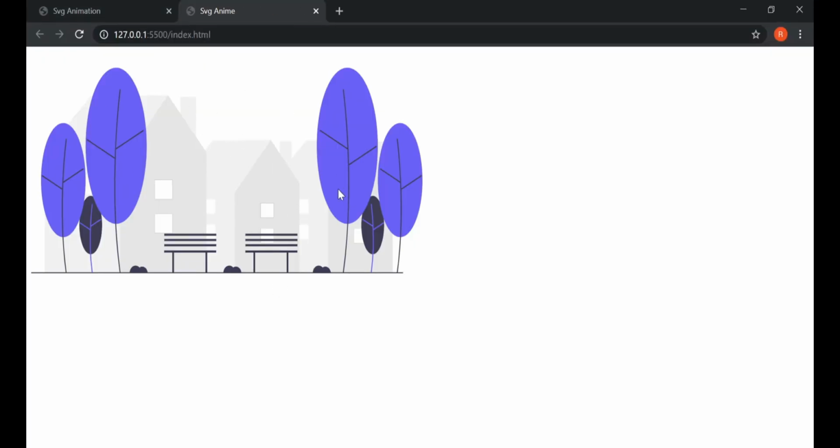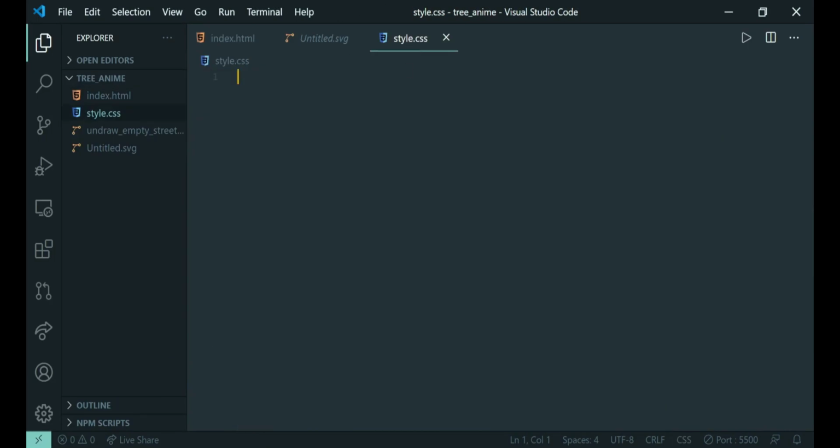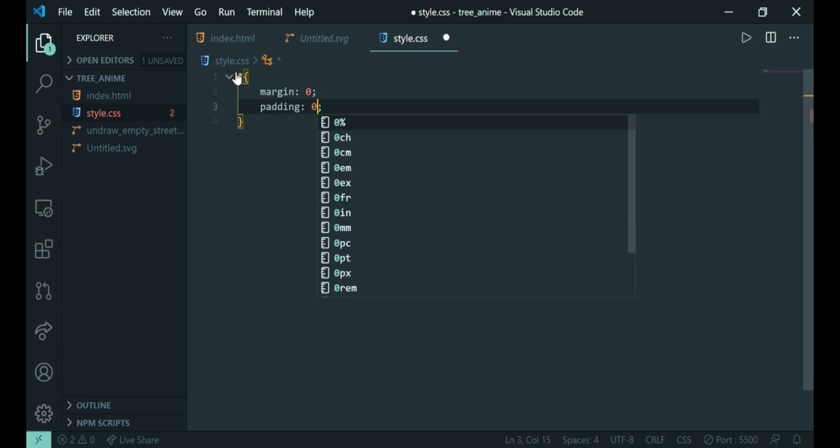So you can see that we have extracted this image in our HTML file. Now you need to address this SVG image in your browser. So we will be giving some basic styles like margin 0, padding 0.